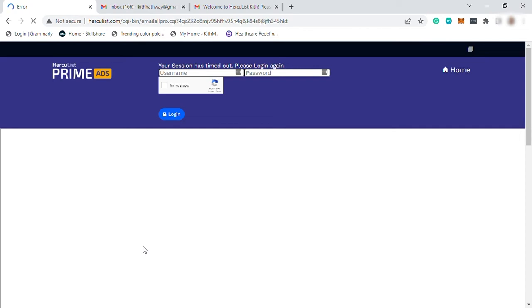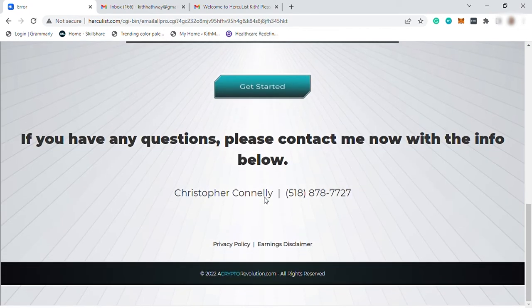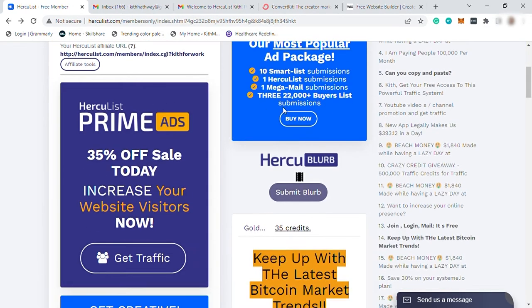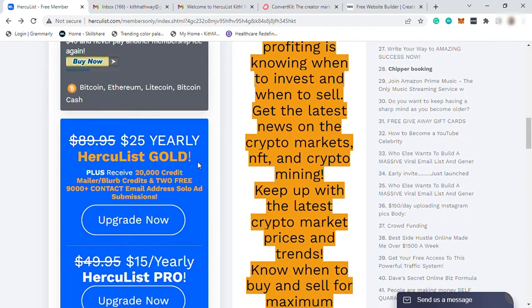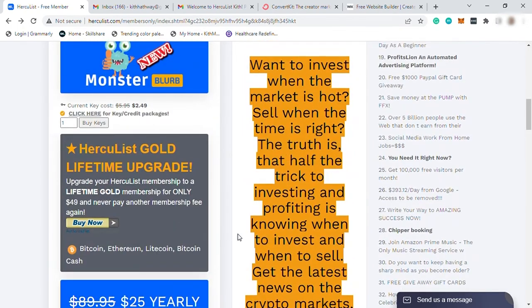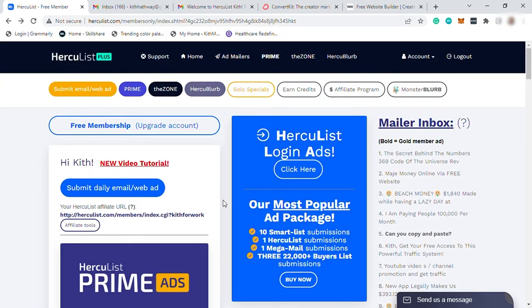Then you'll be redirected to this Prime ad page. So let me just go back to the home dashboard of my Hercules. From here, you can see different ads that you can check from other members as well. The ads that you submitted as an email will be sent to the Hercules members. So that's how you can use this Hercules for free for your email marketing if you don't have an email